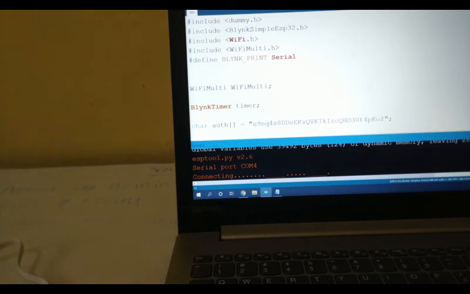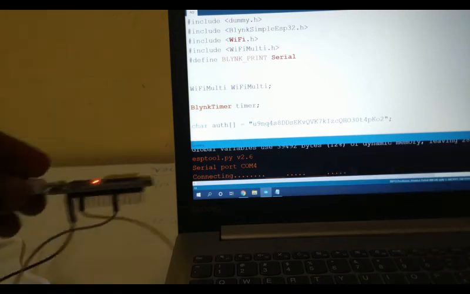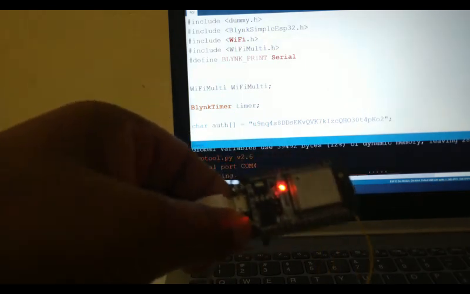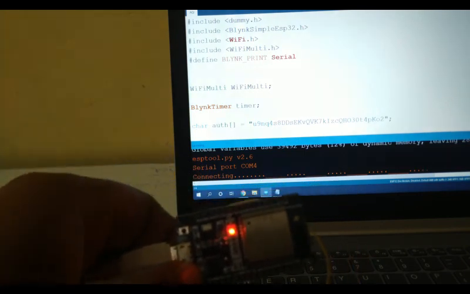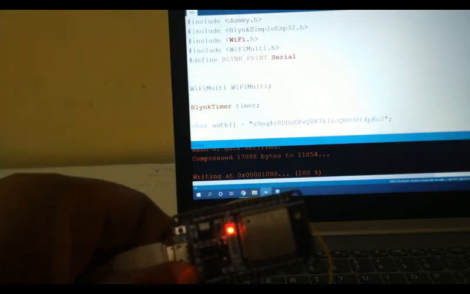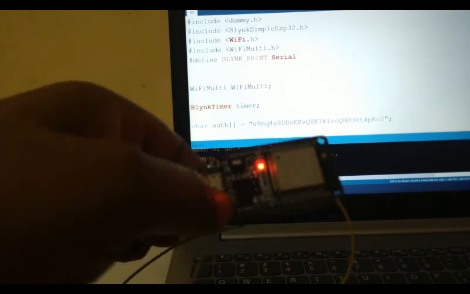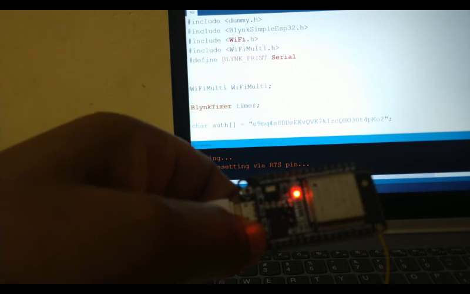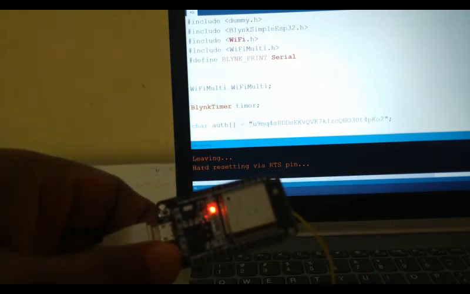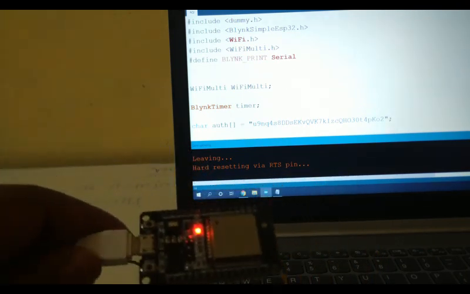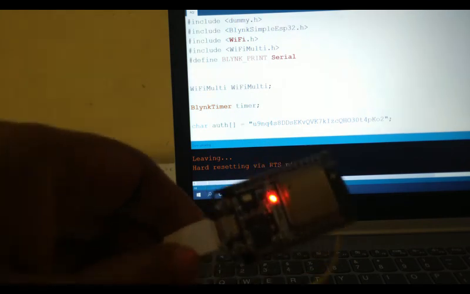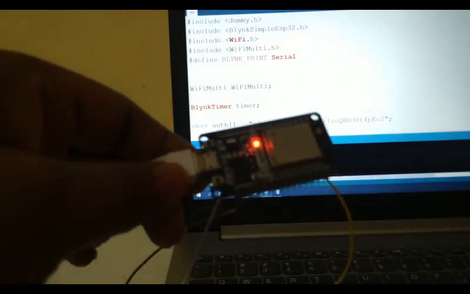So if you get to see a continuous dotted line, we need to press this boot button. It is having a button called boot. You need to press and hold the boot button. Yeah. So in the last class, you did see the code being uploaded automatically, but in this class it didn't upload. So what I did, I just pressed this boot button. Hope you can see it is having a boot button.